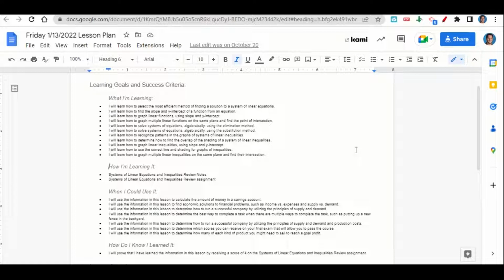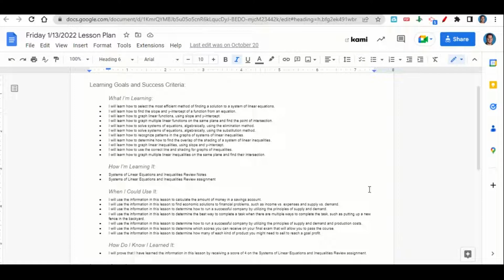To calculate the amount of money in a savings account, to find economic solutions to financial problems such as income versus expenses and supply versus demand, to determine how to run a successful company by utilizing the principles of supply and demand, to determine the best way to complete a task when there are multiple ways to complete the task, such as putting up a new fence in the backyard,